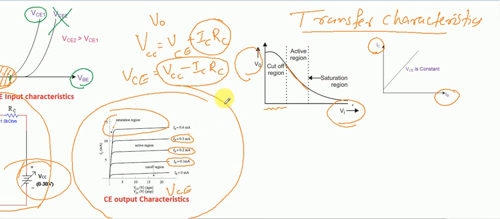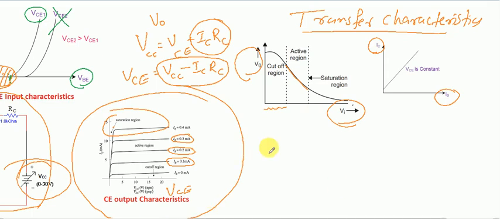So when the input voltage is very low, the transistor will be in the cut-off region, but the output voltage will be maximum. When the input voltage increases, the transistor moves to the active region, current starts flowing through, and the output voltage decreases. When the input voltage is very high, the transistor tends to be in the saturation region. At that time, the output voltage will be the lowest and it is constant. So this is about the various characteristics of a common emitter transistor configuration.